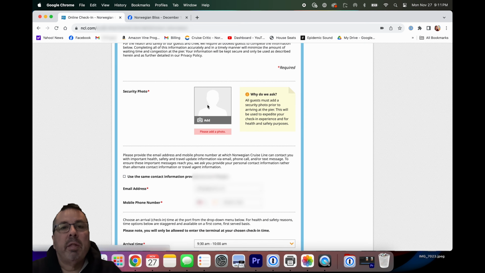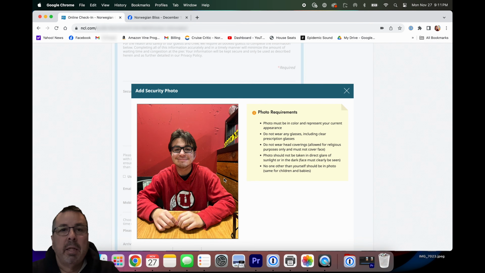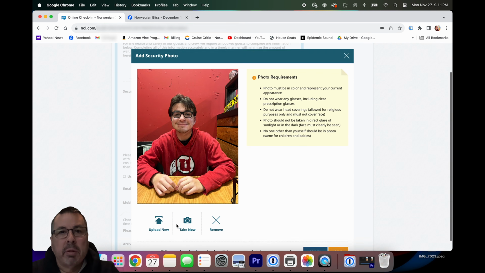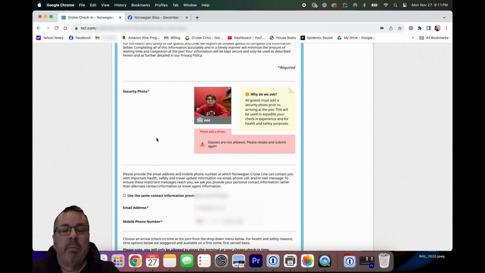Now, I did have a problem with the photo for my son. He's in Utah right now. I'm in Las Vegas. I didn't have a picture of him without his glasses. I tried to get around putting the picture in and still checking in. It wouldn't let me. I tried to put a picture with glasses, and it did recognize glasses, so it wouldn't let me do that. After a few failed attempts at photos, it did say that I could skip that process